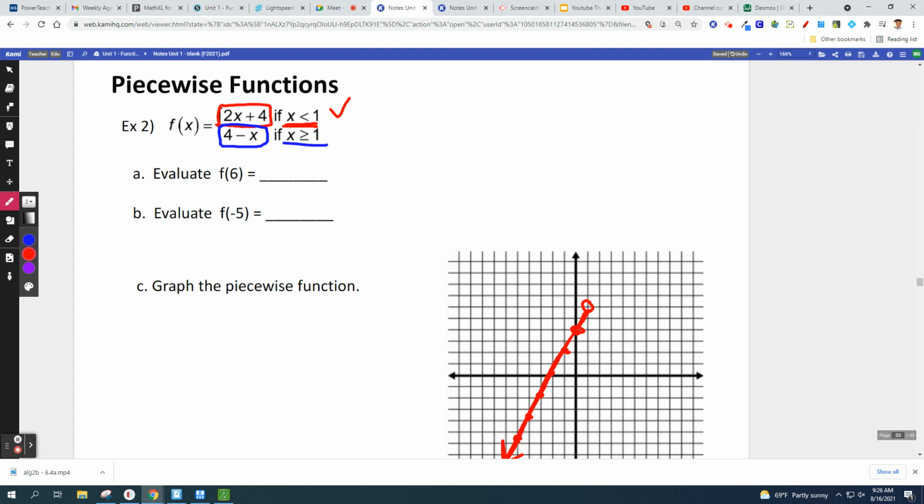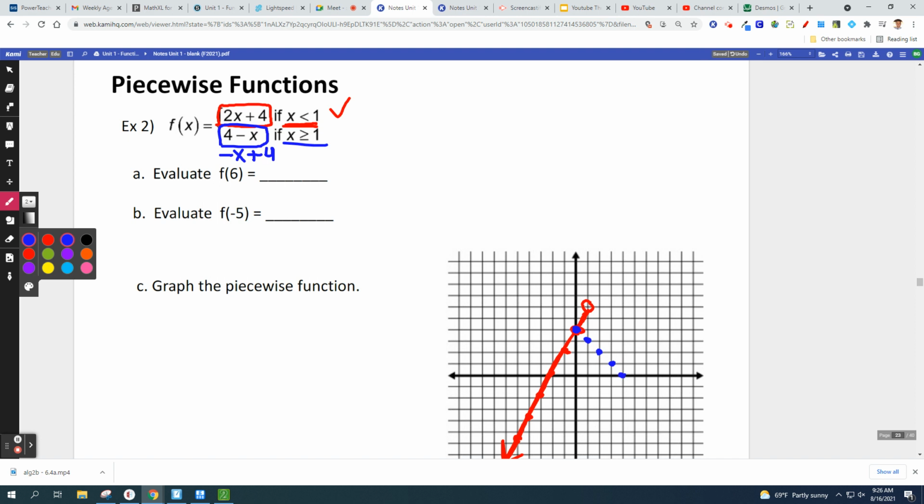Now the other part, 4 minus x, might make more sense to you if you switched it around and said negative x plus 4. Most of us are thinking in that term. We start at 4, and we go down 1 and right 1, down 1 and right 1, down 1 and right 1. And so if you put a dot right here and then went down 1, right 1, down 1, right 1, and so on and so on,